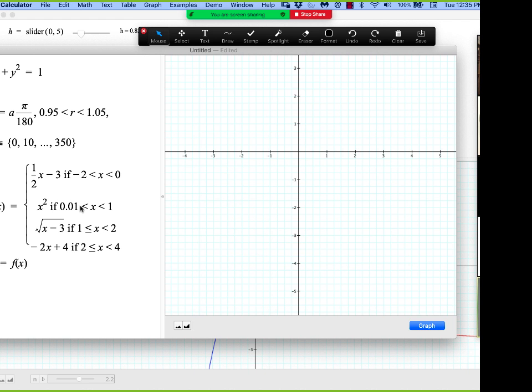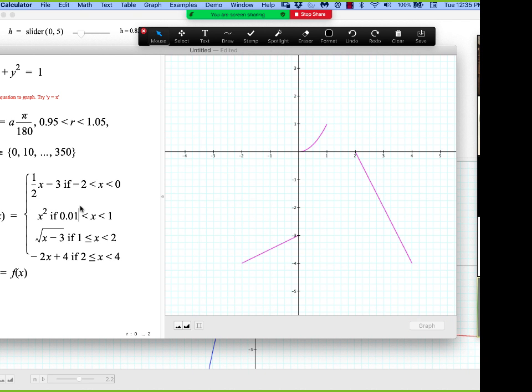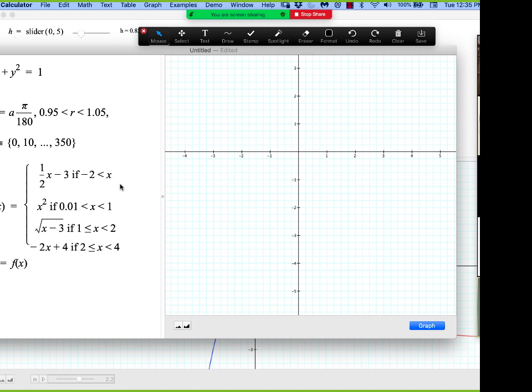So 0.01, say. All right, now suppose I wanted to start, I want this to now connect, right? So I want the start of this parabola to start off where this one ends. Okay, so if I come in here and I do less than or equal to 0,